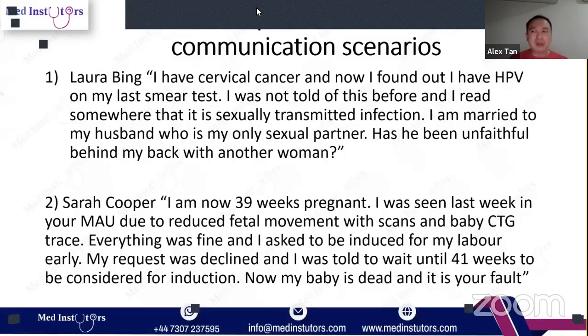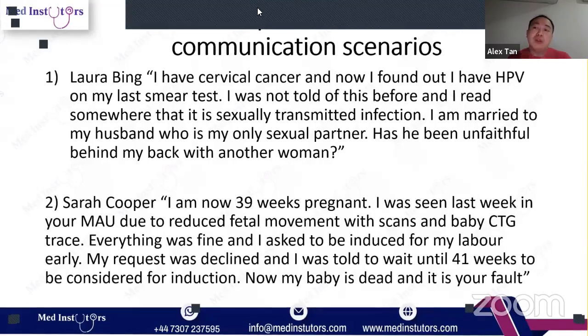And the exam board doesn't take kindly to your words that will damage the dynamics of the family. Your job is to stay neutral, professional, and diffuse the situation. So if I were you, I would say it's very difficult to pinpoint. You say that your husband is the only man you've been with, but your husband may have been with more than one person before he met you.